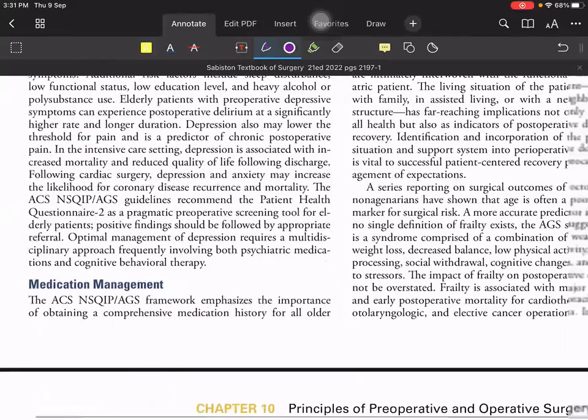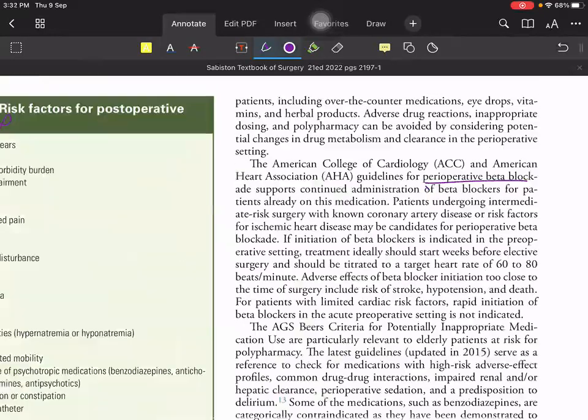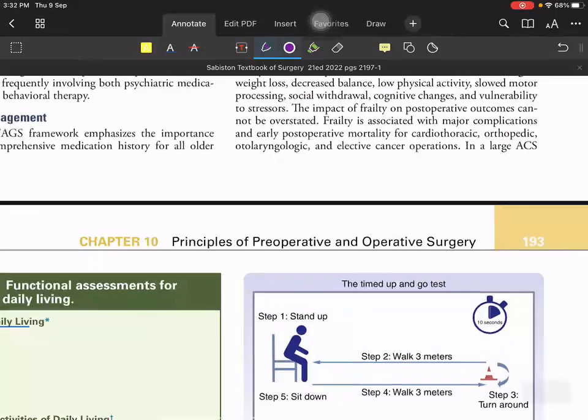Next comes the usage of perioperative beta blockers. I will give it in the slide. It is on the slide. I will tell it in the slide. Next comes your